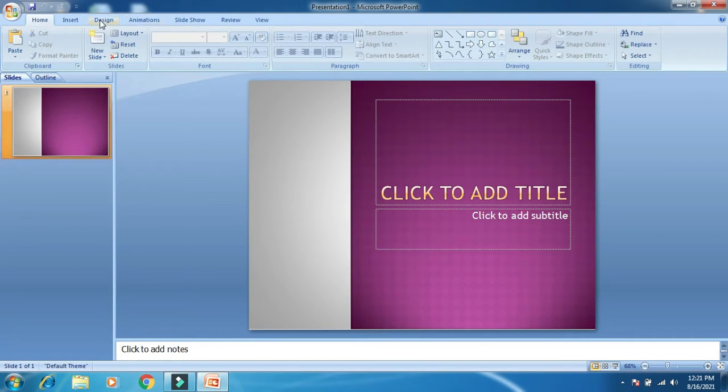First we'll talk about formatting. What does formatting mean? Formatting means changing the appearance of the text.